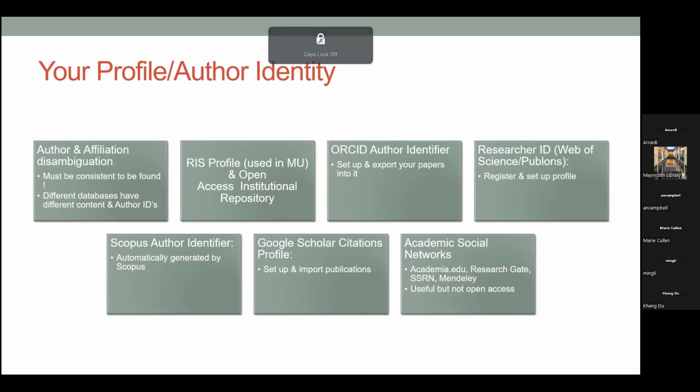A certain database only showing a few of your papers. ORCID will have all of them if you monitor it. So that's ORCID, and you can import into ORCID from other databases, which I will show you in a second now. The next one you might be aware of is the Researcher ID, and that's in the Web of Science